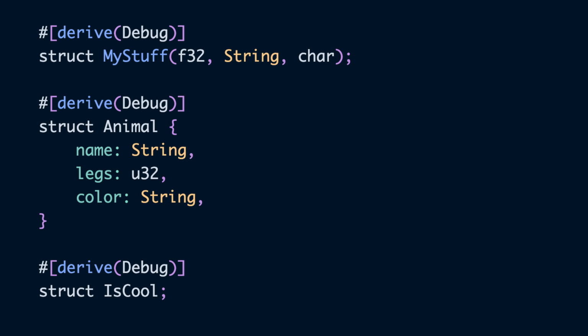A string is also a struct that contains a vec. Result and option are enums, and so on and so forth. A struct is a collection of fields that can be defined with named fields, unnamed fields, or no fields. The latter two options are often referred to as tuple structs and unit structs. Here are a few ways to construct struct types and values, along with a debug implementation, which we'll talk more